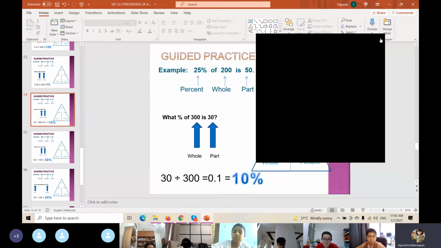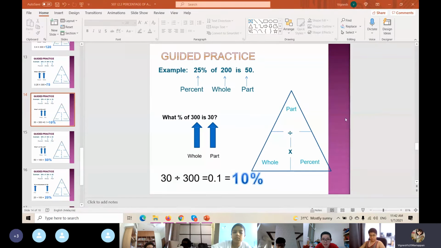Okay, which one you don't understand? You say understand a little bit. Which part you don't understand? This one, teacher. Means you don't understand the whole picture or what? I don't understand the 30 divide with 300 means, okay, the question is asked you